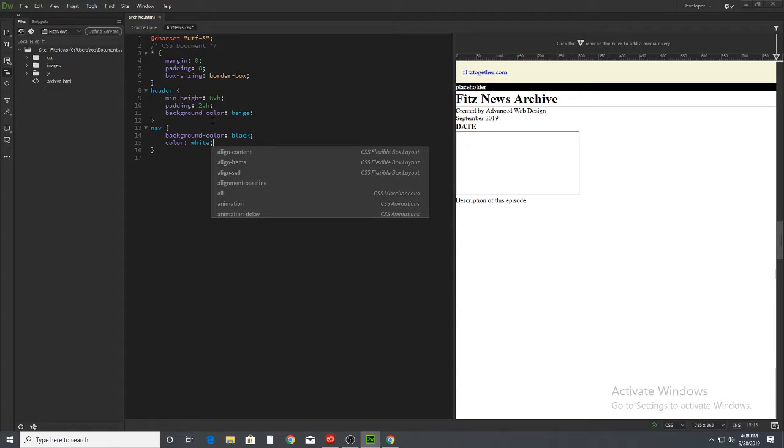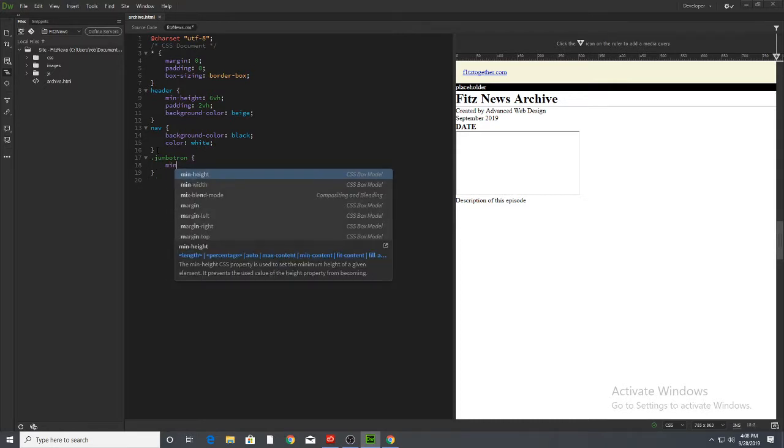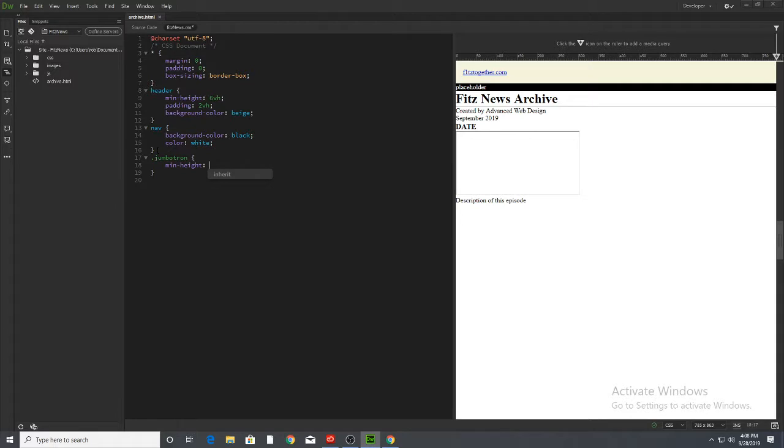And then that way we at least have our placeholder for that. We don't have any links inside of nav right now, so we'll just skip the link CSS for that. We'll do it later. Jumbotron. We're going to say that we want that to have a minimum height of, we'll say, 30 VH